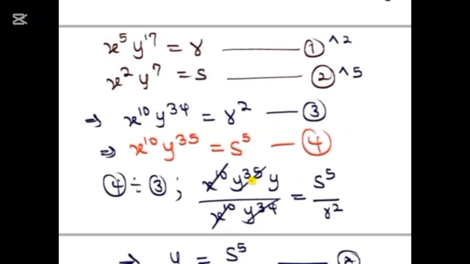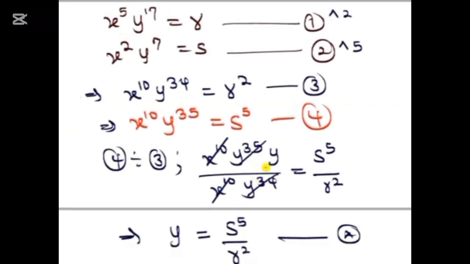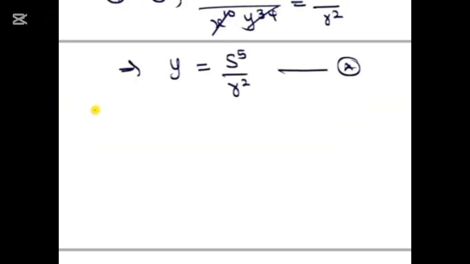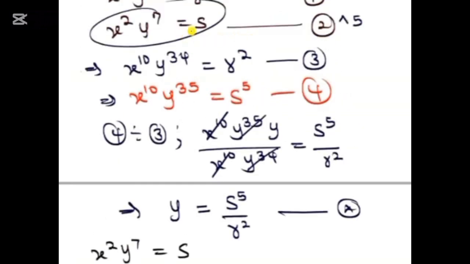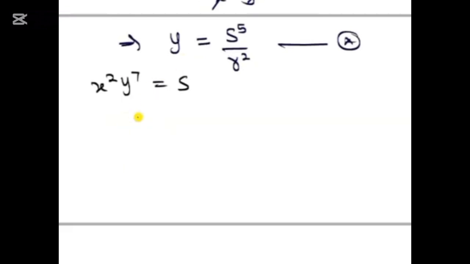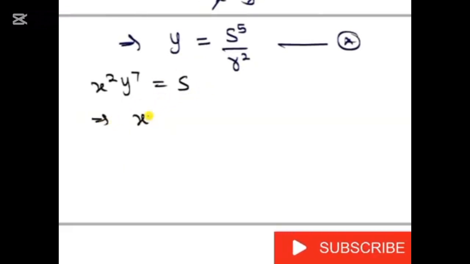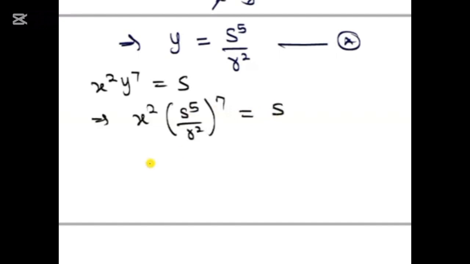And to be able to get our x, we can substitute y into equation 2. So if we substitute into equation 2, remember that our equation 2 is x squared y to the power of 7 equal to s. That's this one here. Okay, so now we are substituting y. So what it means then is that our x squared, our y now is s to the power of 5. So if we open this bracket, we will now get,